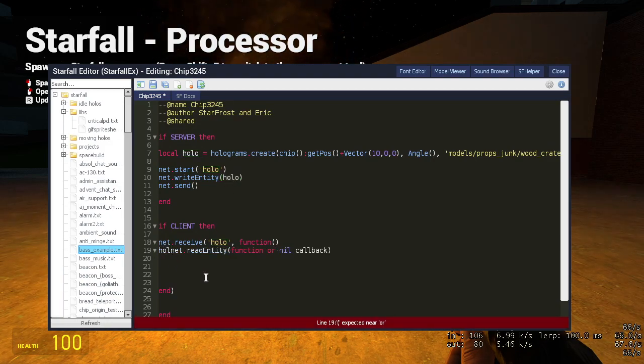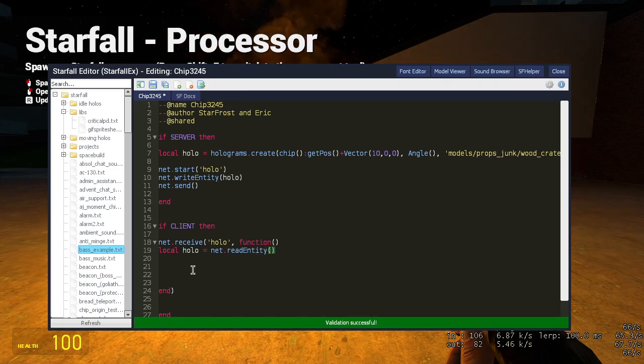Now this is a callback or function. This will fire when this entity becomes valid for you. In some cases you need it, in some cases you don't. It depends what you're doing, again. So now that I have the hollow,